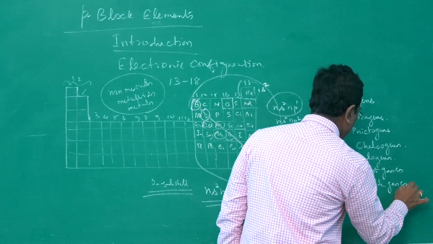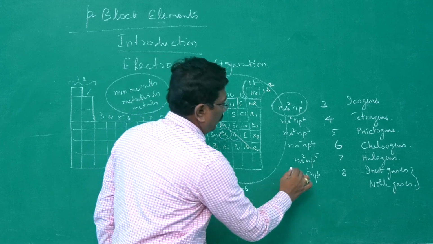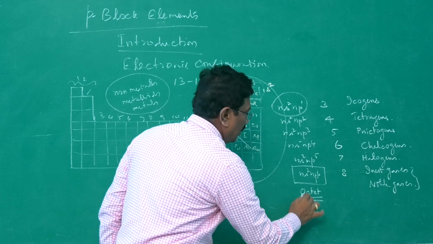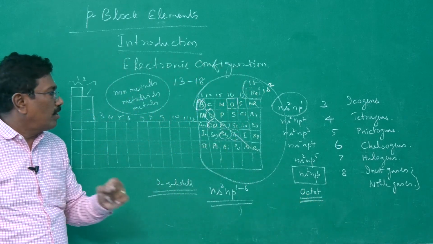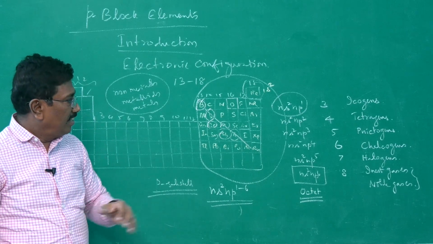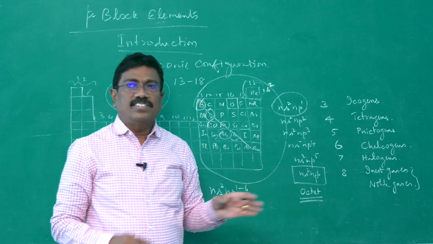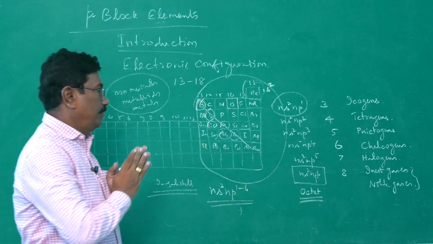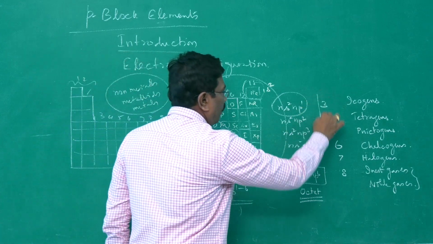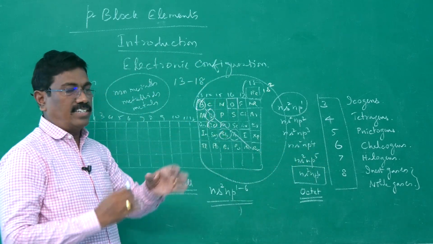They are inert. Why are they inert? They have the stable electronic configuration, octet structure. Each and every atom is trying to acquire octet structure, stable electronic configuration, completely filled electronic configuration. In the case of noble gases, they have got such electronic configuration and therefore they are stable. So in general, the oxidation states are 3, 4, 5, 6, 7 and 8. This is the group oxidation state.